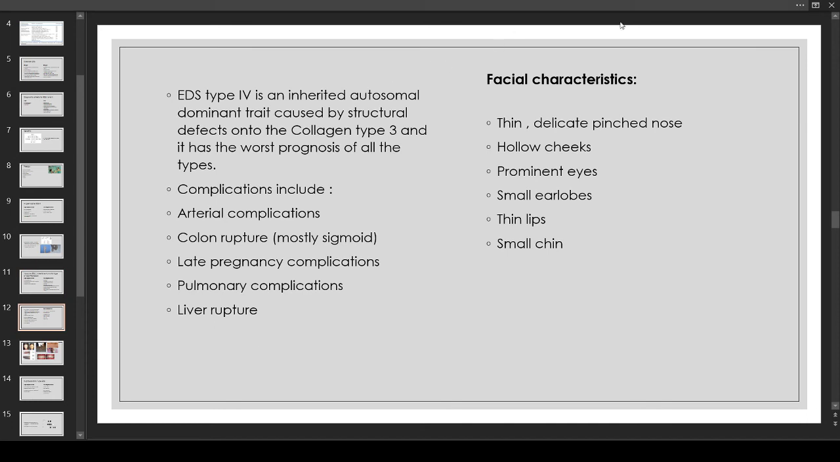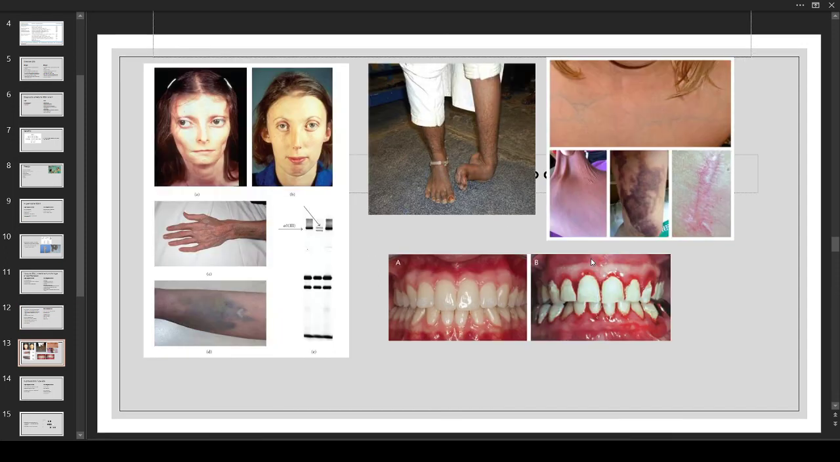Now, for the facial characteristics: a thin, delicate, pinched nose, hollow cheeks, prominent eyes, small earlobes, thin lips, or a small chin. It's going to be better with an example. Here, thin nose, prominent eyes, hollow cheeks, thin lips. And here I did mention that there is a clubbed foot,